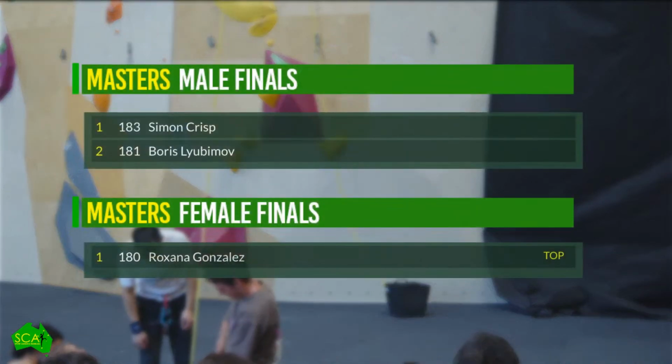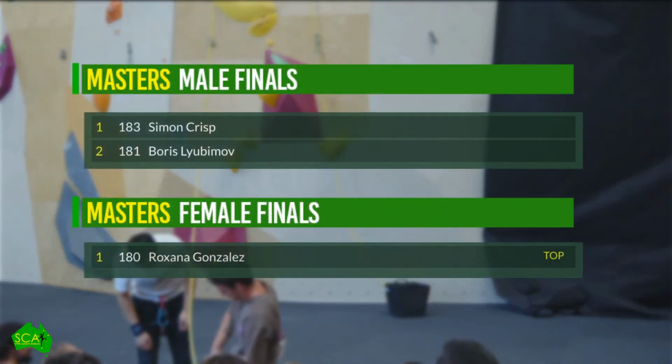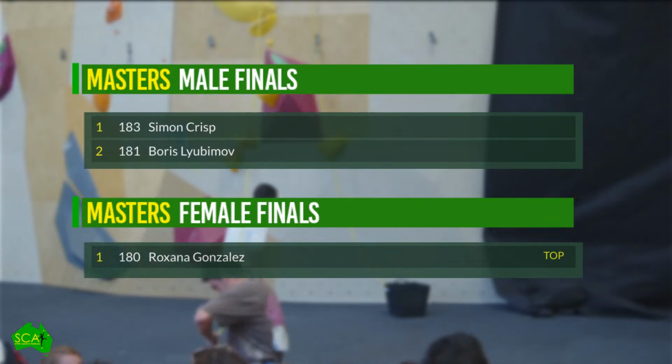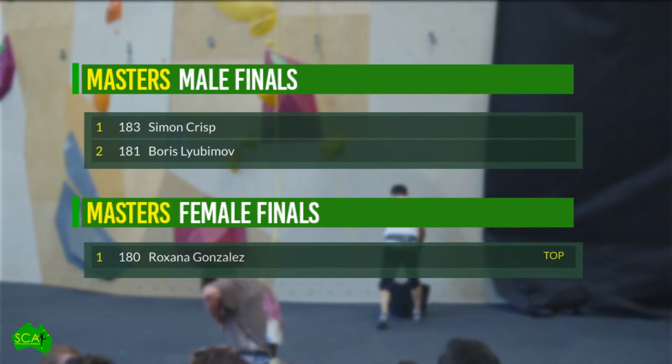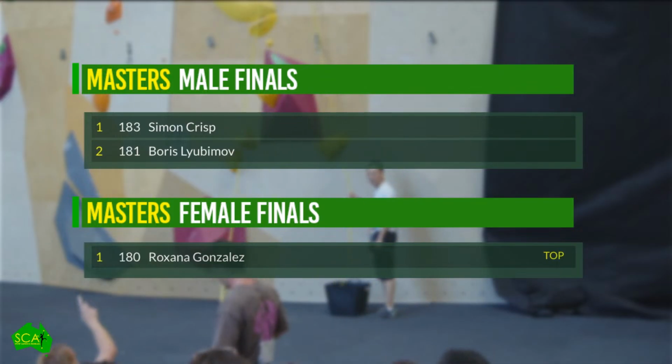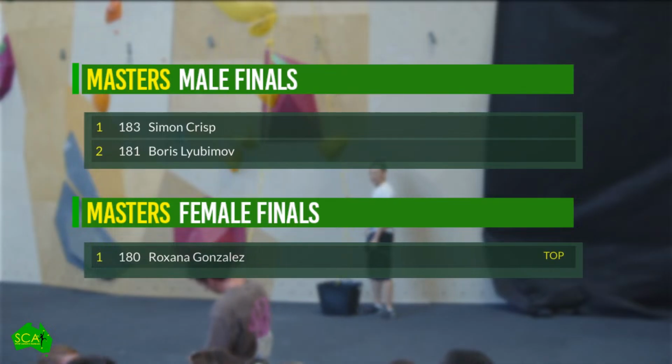Straight after this though, will be these competitors: Simon, Boris. Yes, that was Roxana there. Oh no, there was Roxana. Just wearing a different number. Yeah, chucked us off there. I thought that might have been the case. Anyway, there you go. Keeps us on our toes. Ian? Yep, so now we have Boris and Simon.